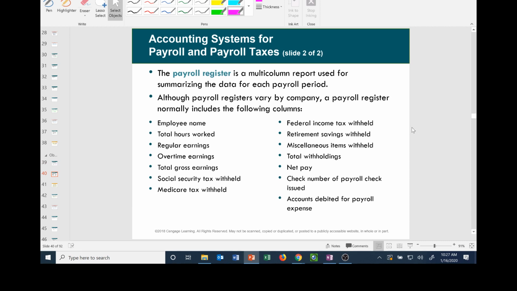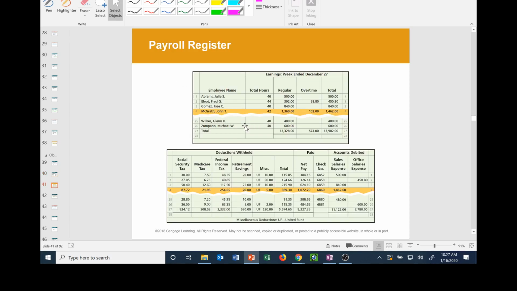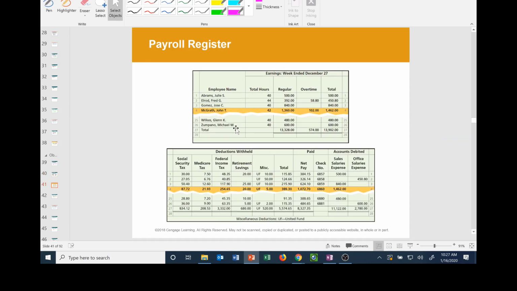Now, if you were doing a manual accounting system, this is what it would have in it. I don't think anybody should have to do a manual payroll system. QuickBooks Pro has it in it, it's calculated for you. But if you were doing manual, you'd have to keep a payroll register. Well, it used to had to be done. Well, here's what a payroll register looks like.